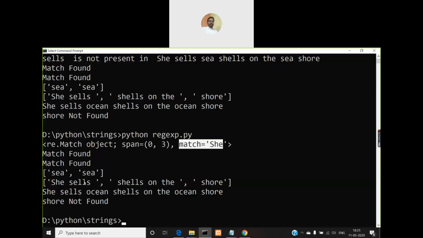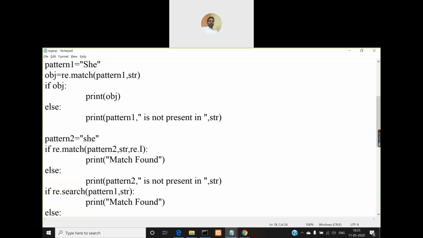In the output, what is it displaying? Match found. Why is it displaying match found? Because I'm calling this match function by passing an additional third parameter, which is nothing but re.I. This specifies a case insensitive search.